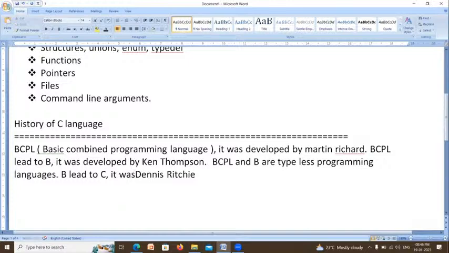Who is the developer of this? It was developed by Dennis Ritchie in the year 1972 at AT&T Bell Laboratory. Bell Laboratory is the laboratory name.